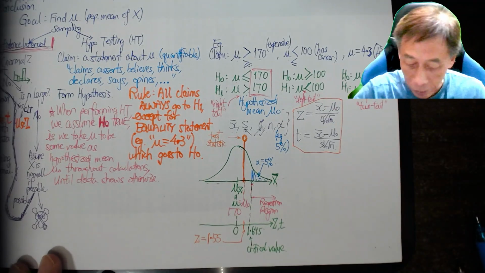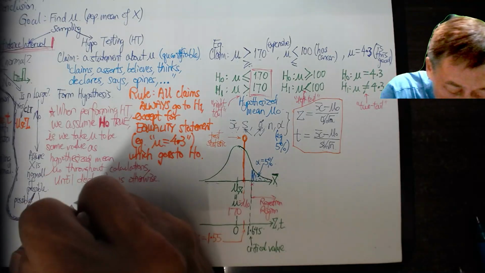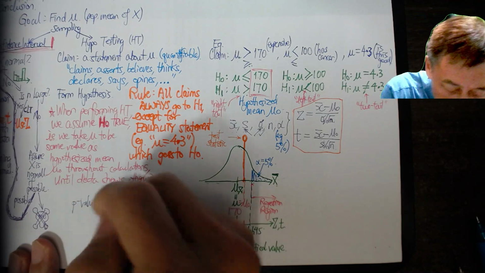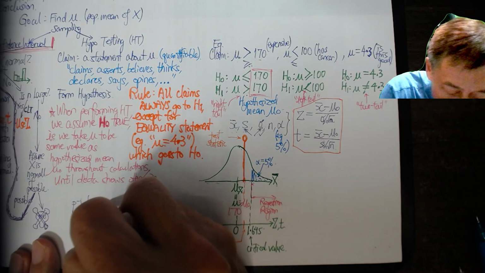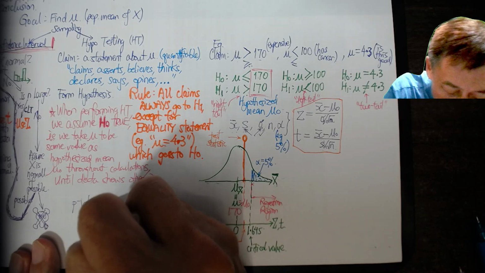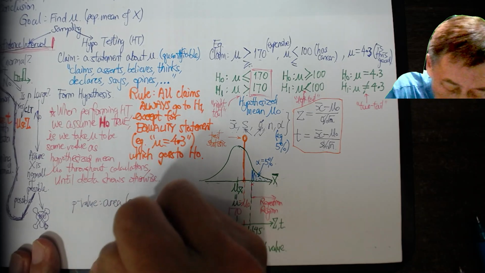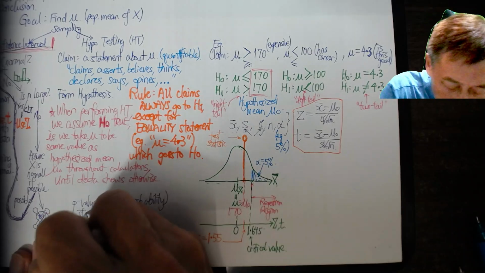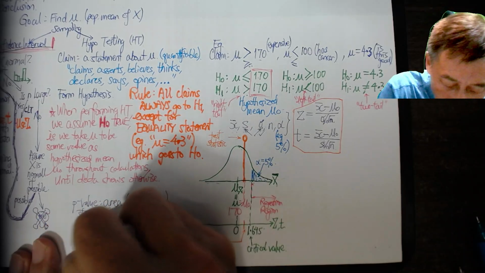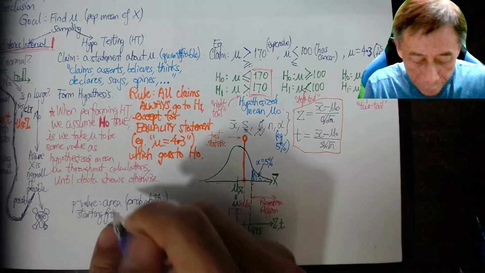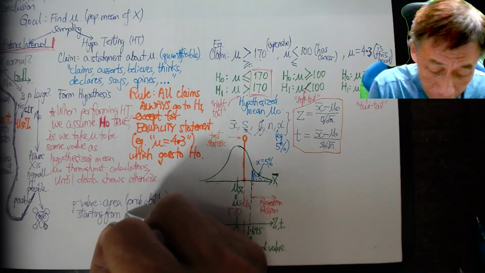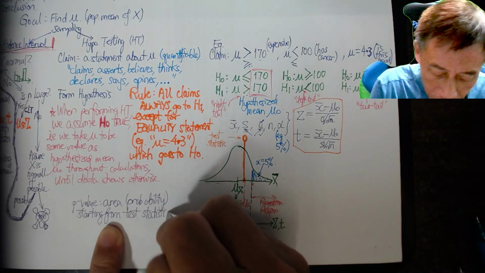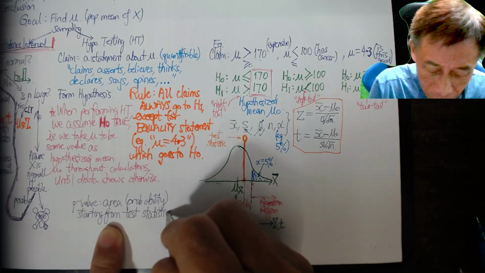P-value, okay, so p-value is the area, which means the probability, because area is probability, starting from test statistic, because it is affected directly by the test statistic. Starting from test statistic